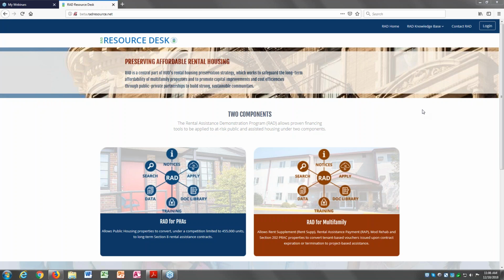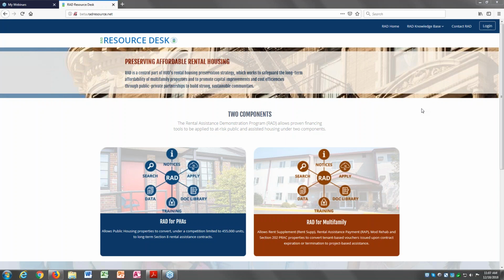The most important thing to know is that we're pretty much done with the Access database and moving everything over to the Resource Desk. I know there are a couple, like 6 or 7, Felicia, that are still working their way through the last piece of the Access database. But generally speaking, all the applications are now on the Resource Desk, and we have a bunch. We've been getting them since October, so there are some older ones in there, but hopefully this will move relatively quickly, and you can get, quote unquote, caught back up and start issuing these